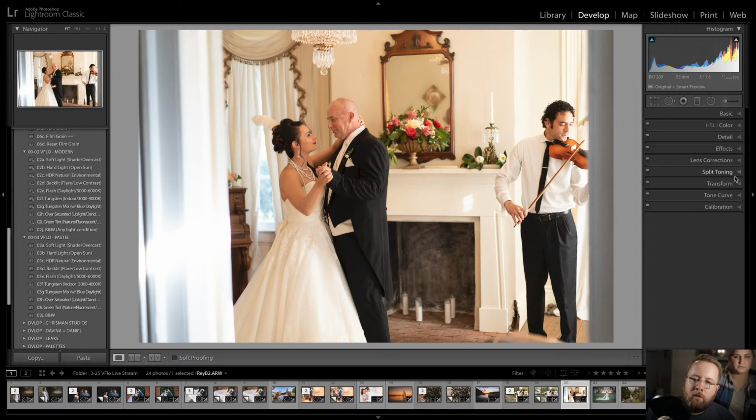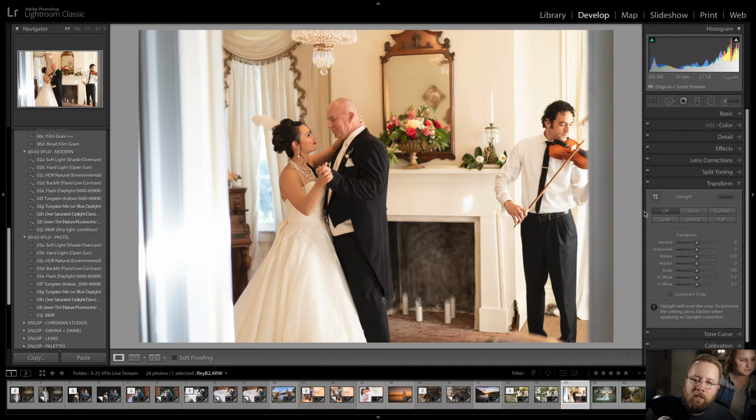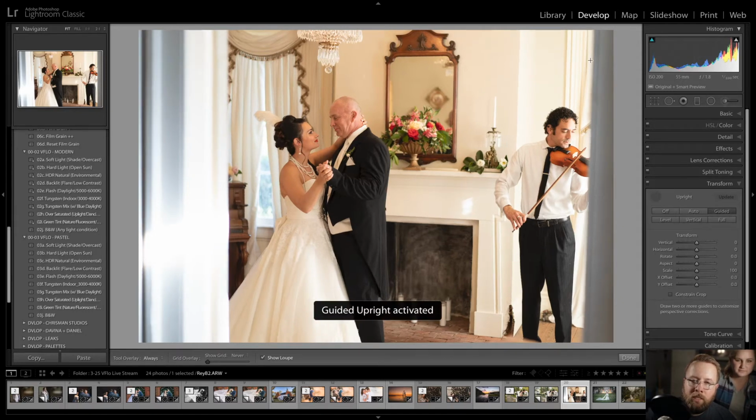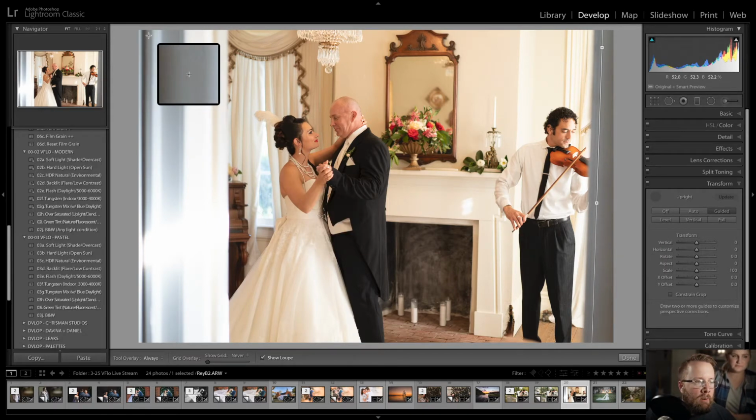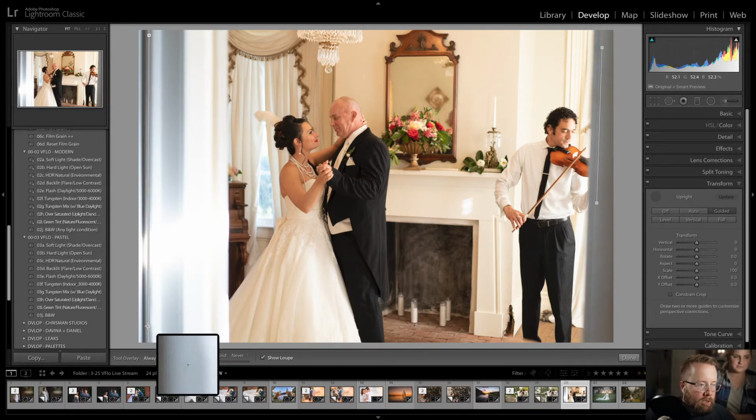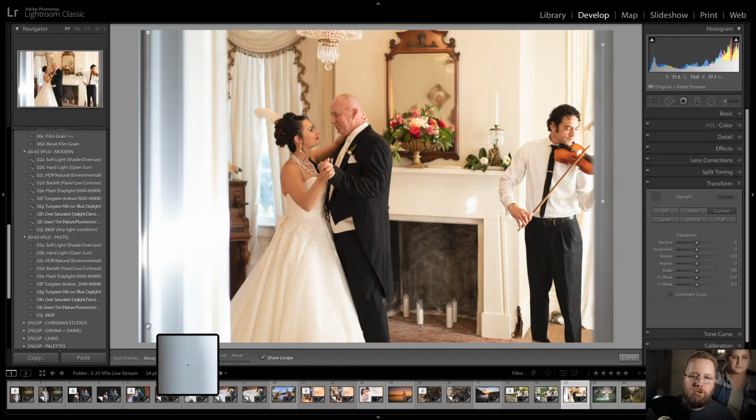Our profile corrections are already made. I'm going to come down here to the transform. I'm going to click this grid line right here. And I'm going to manually do this just to show you guys. So over on the right hand side, I'm going to draw a line there, and then I'm going to find a hard line over here, and I'm going to draw a hard line there, and that just straightens it